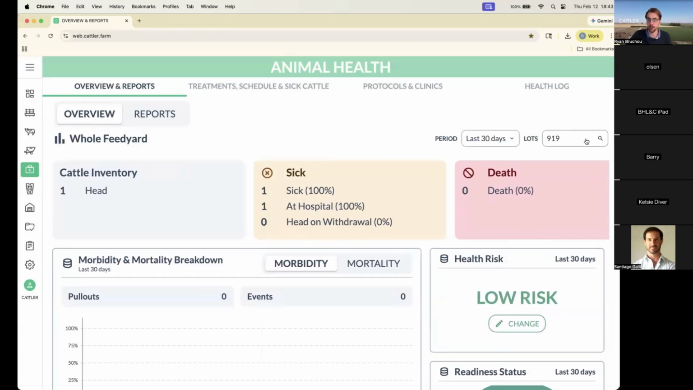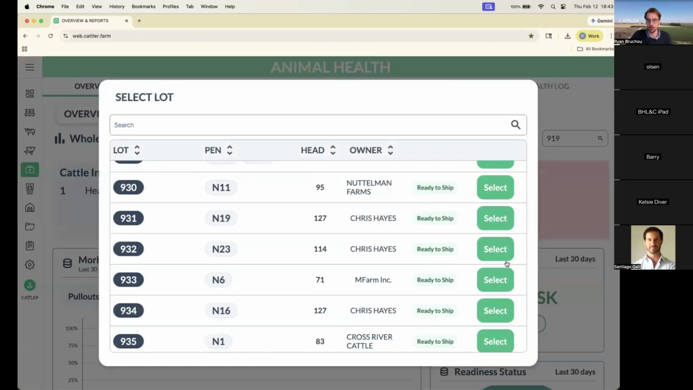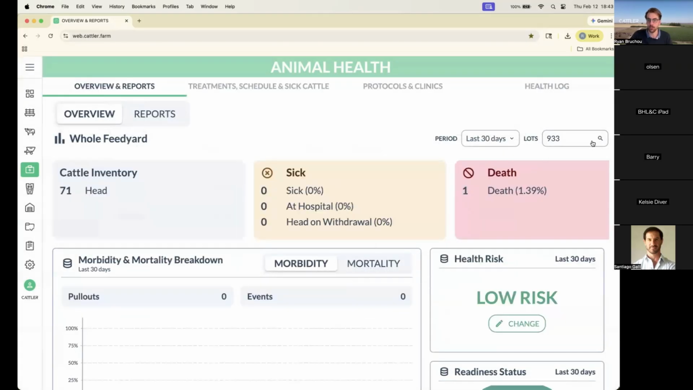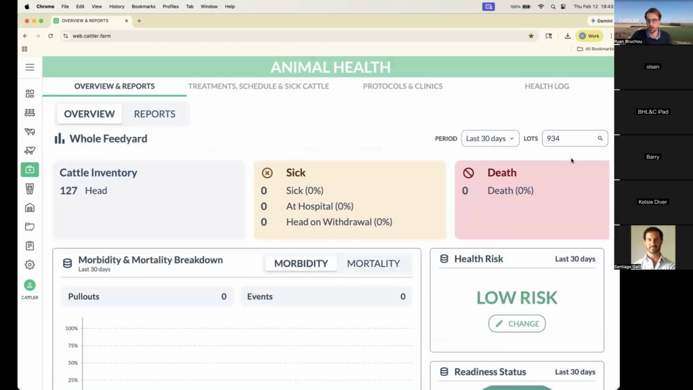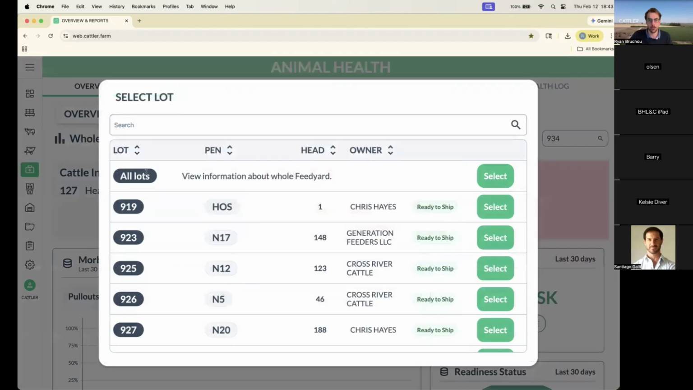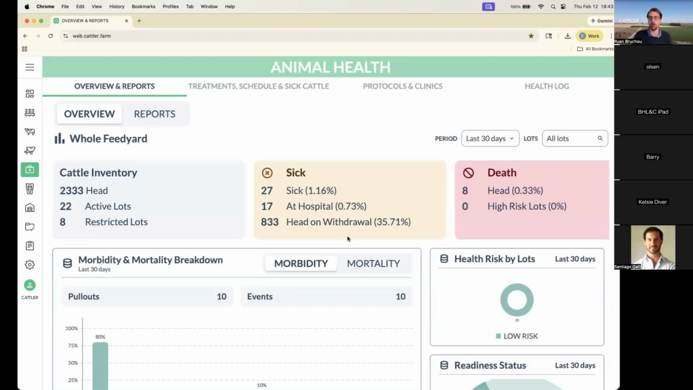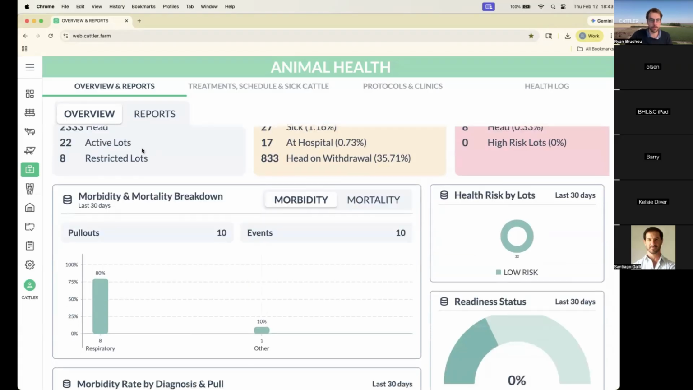This has only one head, so maybe not the best example. Or I can choose this one right here. No sick, only one dead. Let me choose another one. Okay, we're going to go back to all lots. Select. Okay. So across here, we're able to see all the sick animals, all the deads,